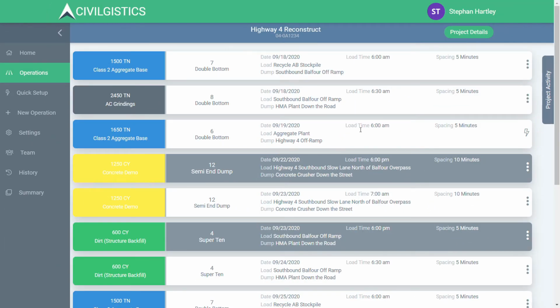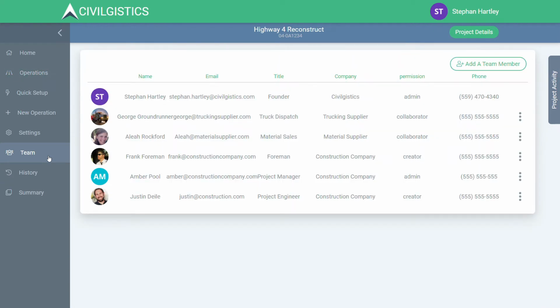The most important part of making sure an operation is successful is making sure the whole team is working off of the same plan. When operations are added or updated, everyone on the project team will see the updates in real time. Key members of a project team typically include the foreman, superintendent, project engineer, project manager, the material supplier,